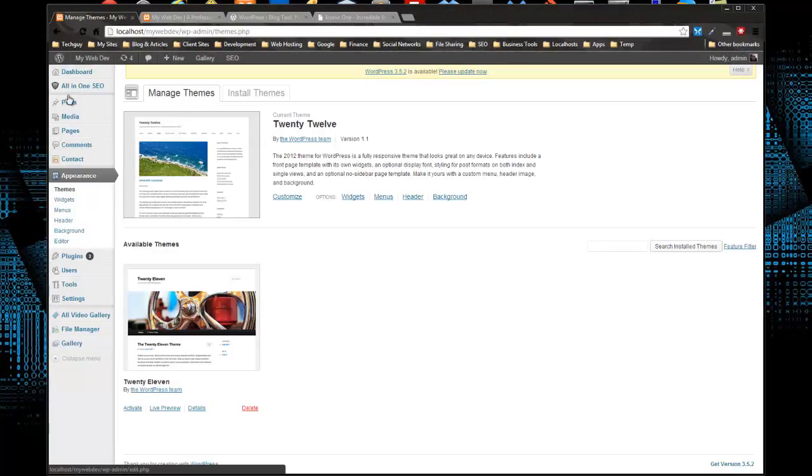Alright, so as you can see, we went to Appearance and then Themes. The active theme, which is the theme that's currently displaying on your website, will be up here at the top. And we have the 2012 theme. It has a thumbnail. It has certain links like customize, widgets, menus, header, background. So themes can have configurations to them. There's very basic themes with pretty much no options, and then you have these monster themes that just have all kinds of options as far as